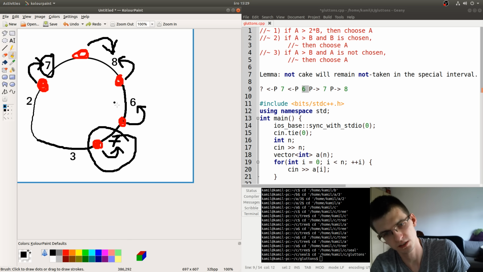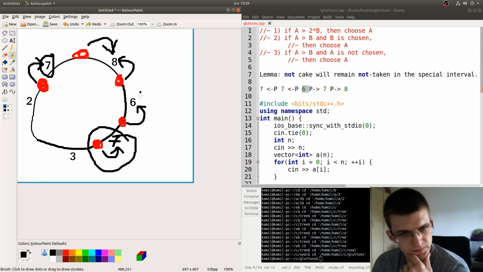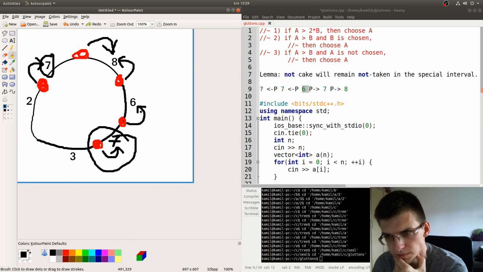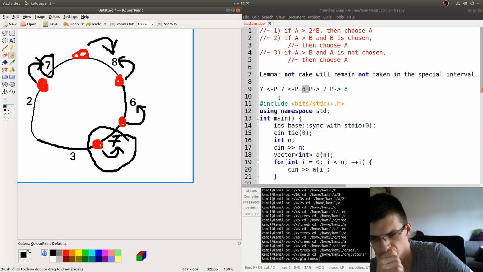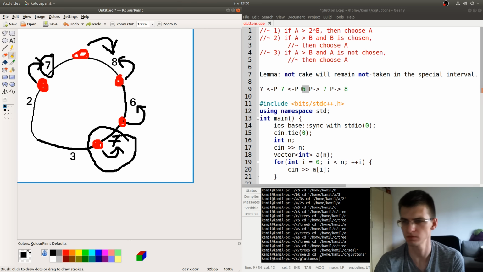And is it okay? Is it possible? It looks possible. A bit strange, but possible.